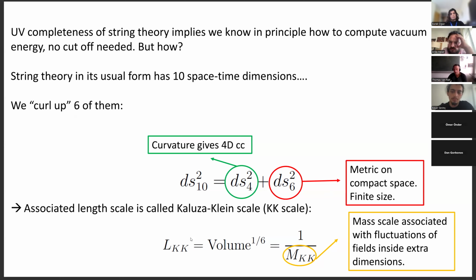And once you have, in physics, a length scale, you can just invert it and it gives you a mass scale. And this mass scale is naturally associated with vibrations of these extra dimensions, right? So vibrations of these extra dimensions, to a 4D observer, would look like particles with a typical mass scale given by this formula, m being the inverse of L. Okay?